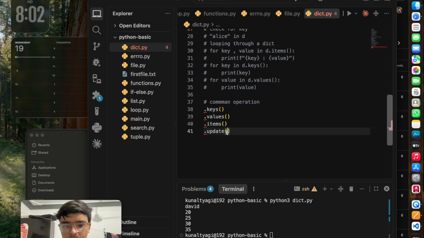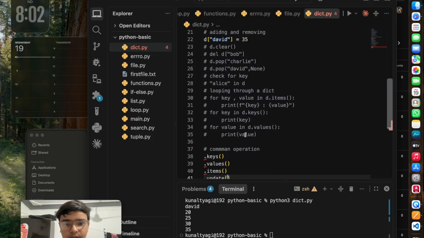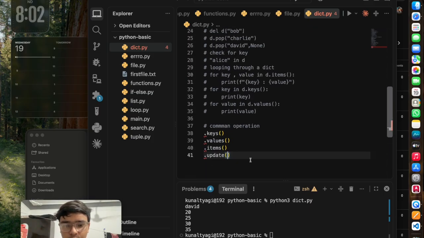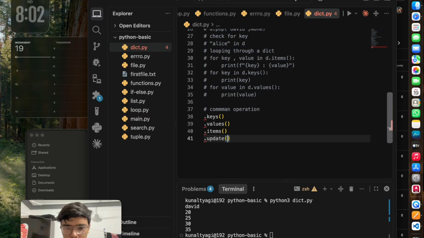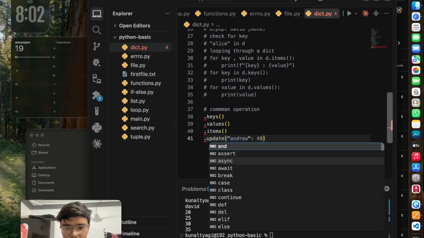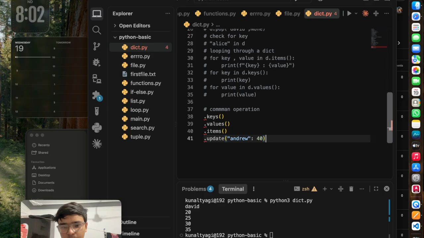Now the only one is dot update. So what does dot update do? It's simple, like adding new values to it, or you can update the previous values. So let's just give it a name, such as we are giving Andrew 40, and it's d dot update.